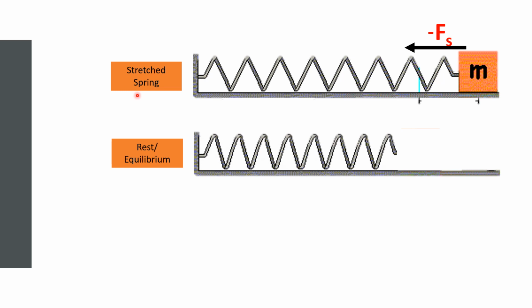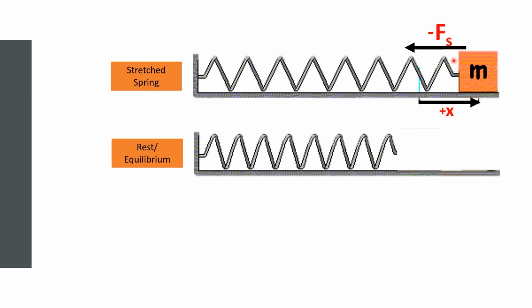You have to remember that when the spring is stretched, our x is moving right, so that is positive when stretched. As you can see, they are in opposite directions. This one, moving towards left, is the direction of our force. And this is our